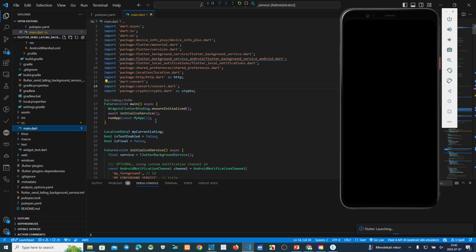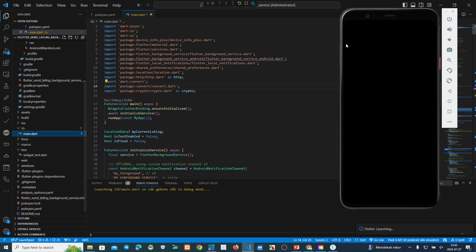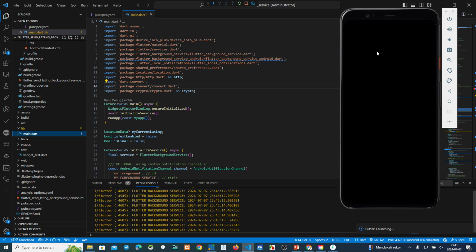Now, after maybe we set the timeout to 30 seconds. After 30 seconds, our project will go to the black screen. It means a timeout occurred. So the location data, lat long, cannot be sent to the database.